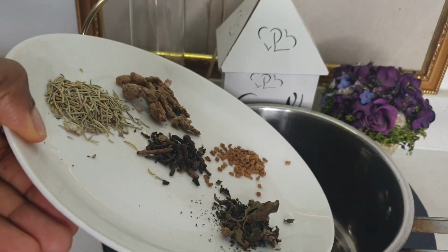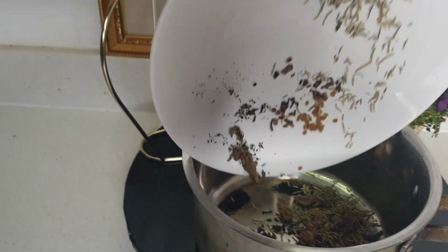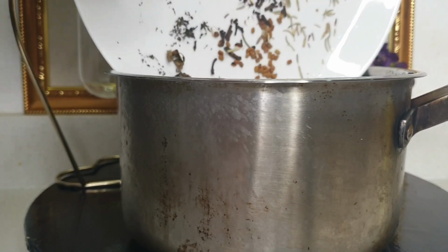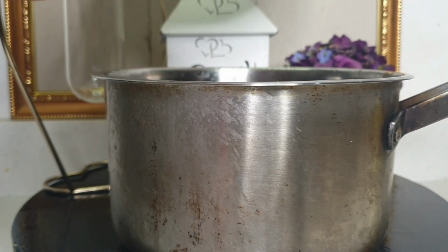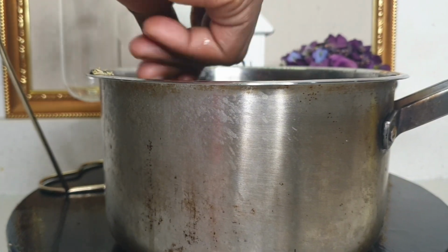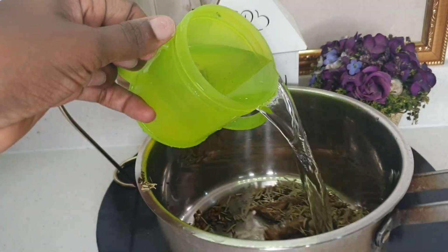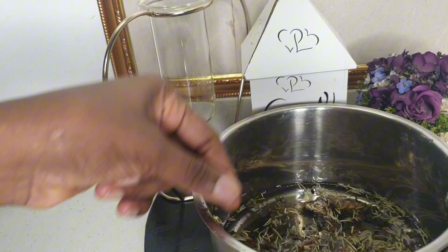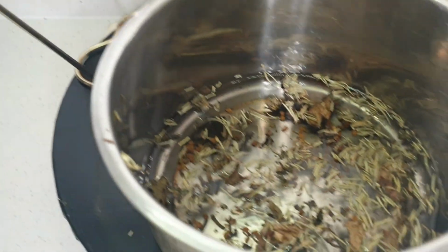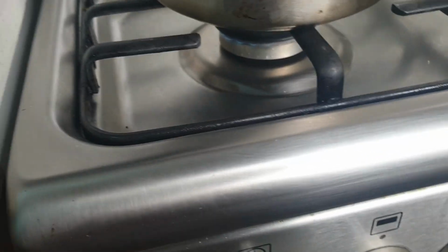So the first thing I'm going to be doing is to pour all my spices inside a pot. We are going to be boiling this. You can infuse this in your bottle, like in your jar, but you have to infuse it for a longer time because of the ginger. My ginger is dry. In case you have a fresh ginger, you still have to infuse it for a longer time, so like 12 hours should be okay. Normally we infuse all these things for like 8 hours, but you just have to infuse it for 12 hours. So right now I'm going to be boiling mine